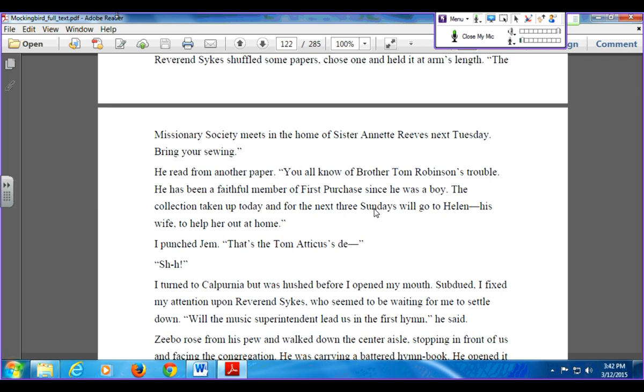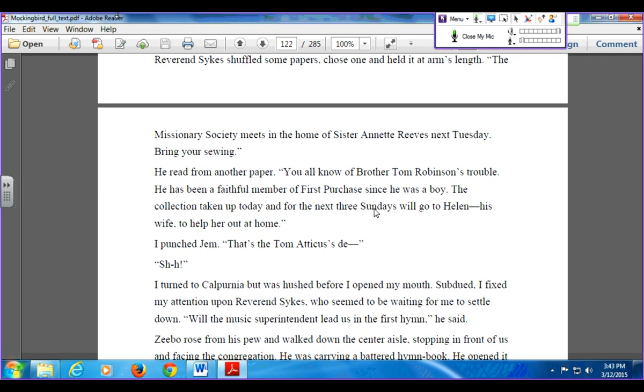Read for another paper. You all know Brother Tom Robinson's trouble. He's been a faithful member of First Purchase since he was a boy. The collection taken up today, and for the next three Sundays, will go to Helen, his wife, to help out at home. I punched him. That's Tom. Agassi. Shh. I turned the cup around, which hushed the word out of my mouth. Subdued,